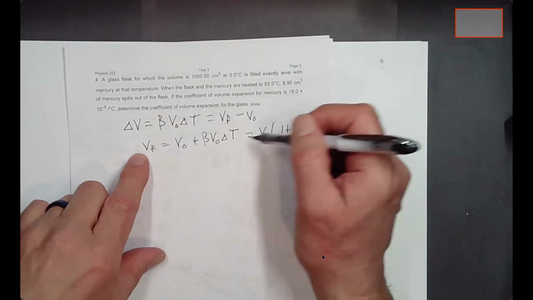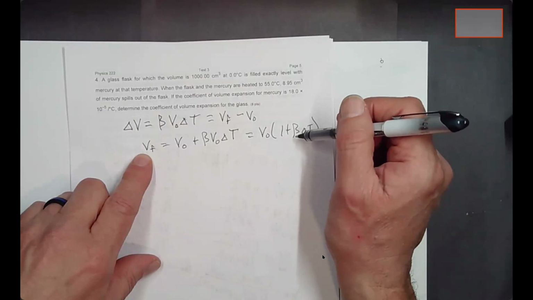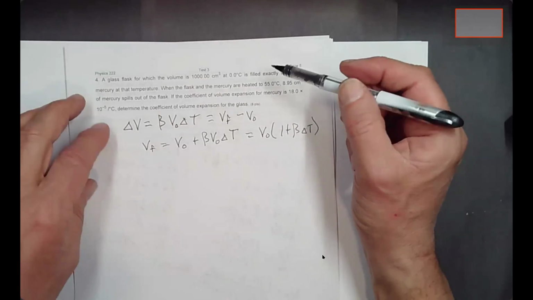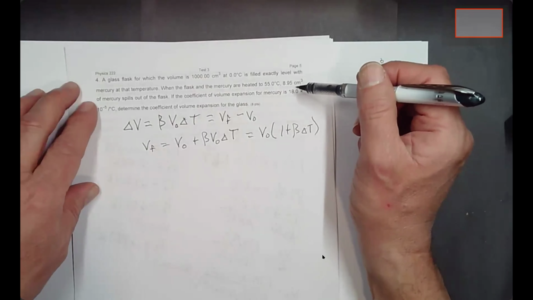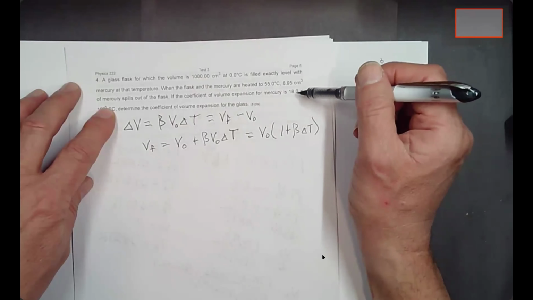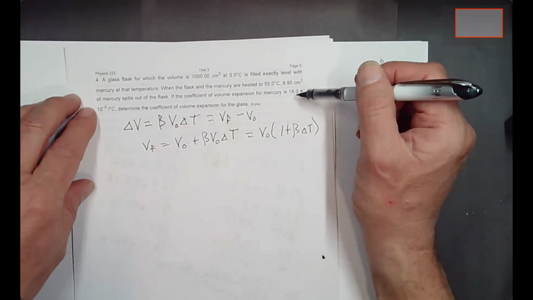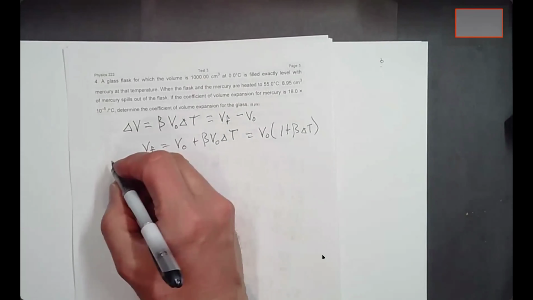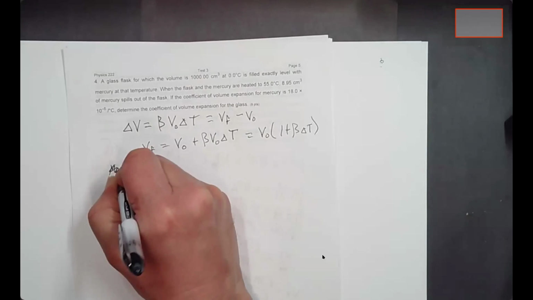And I'm going to set up an equation like this for both the glass and the mercury. It looks here like the mercury, since it spills out of the flask, that tells me that the mercury probably has a higher coefficient of volume expansion than the glass does. So for the mercury, let's see,